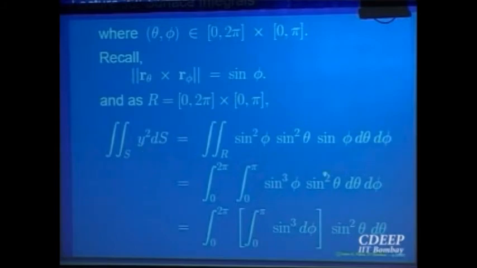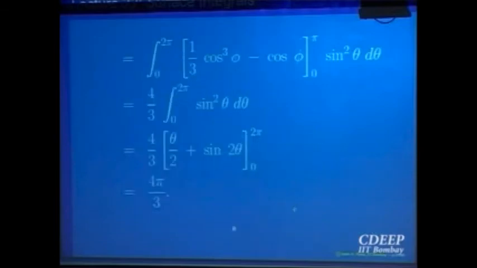It is now a function of two variables, and you know how to integrate functions of two variables. You are using polar-type coordinates, theta and phi, and you know the limits. Split into iterated integrals: theta from 0 to 2 pi, and phi from 0 to pi. Integrate one at a time, and you can complete the integration. So the basic idea to find a surface integral is that you first need a parameterization.